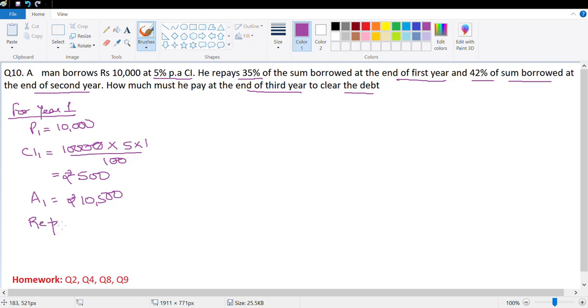He is repaying. Repayment 1 is equal to 35% of the sum borrowed, which is 35% of 10,000, which is equal to rupees